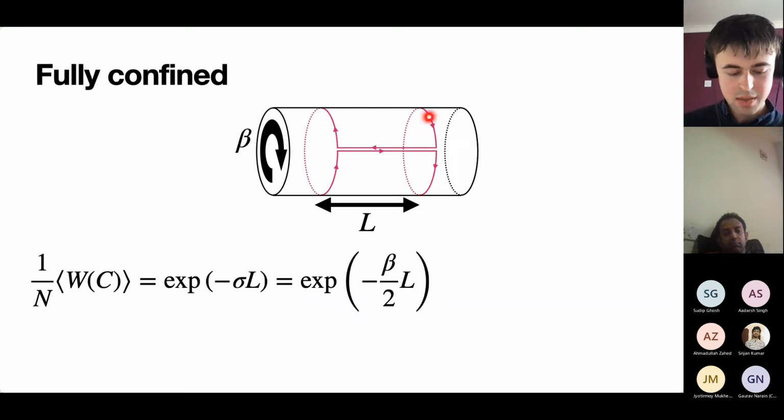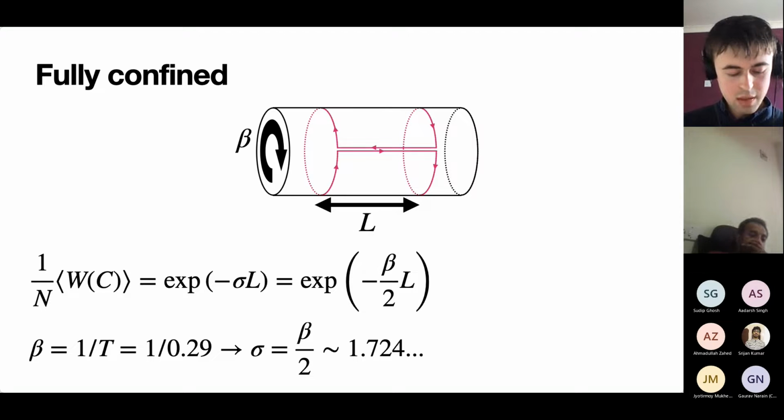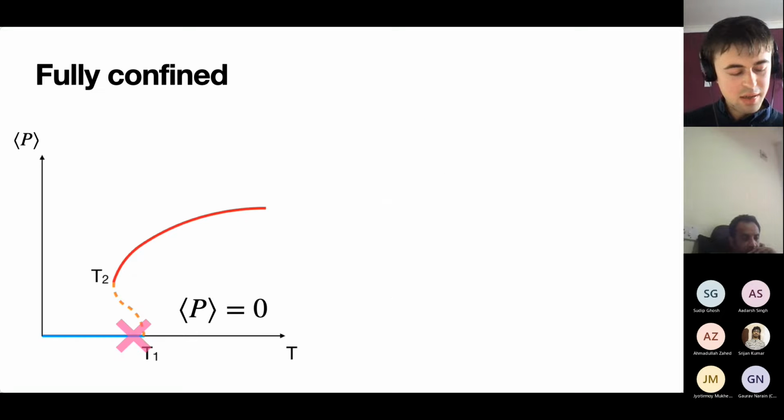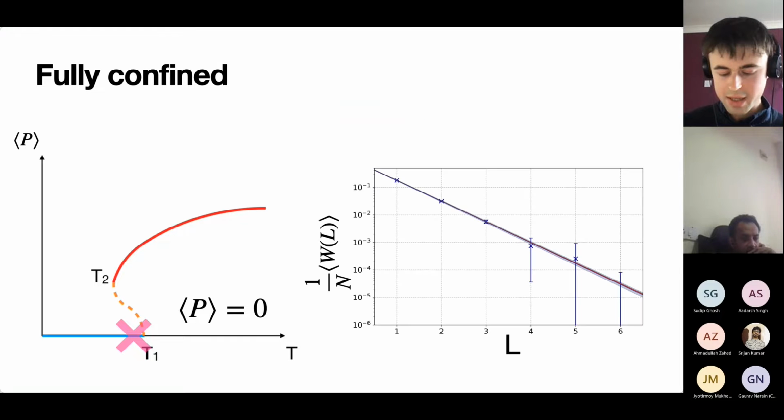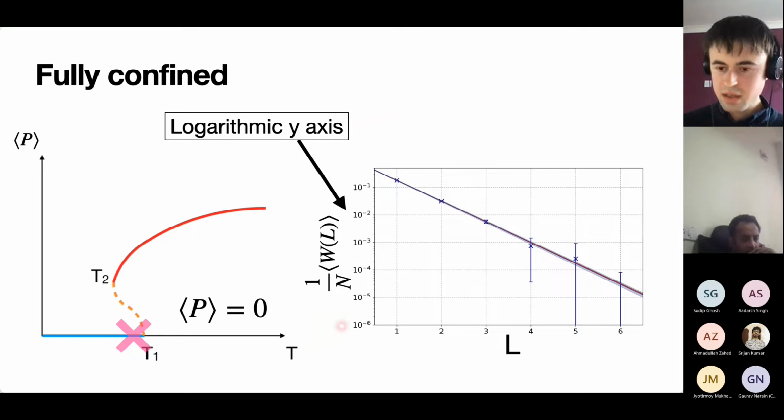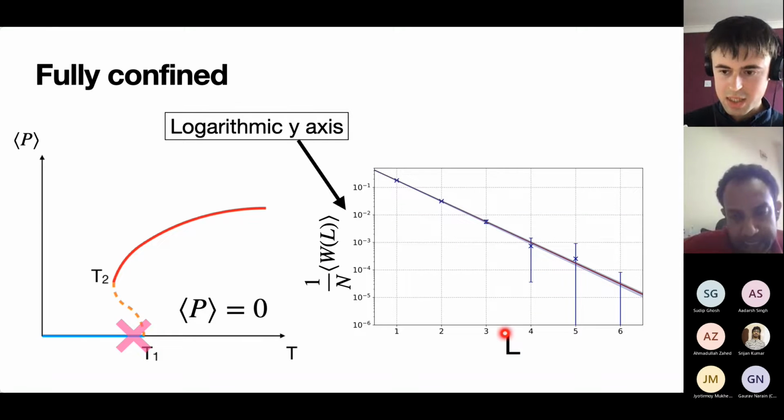On the lattice we construct this Wilson loop, or correlator of the Polyakov loops that I introduced before, and we should be able to find out whether there's a linear potential between those two quarks. We have an analytic expression for this, which we take to be 1.724. So that's the number to compare our simulations against. So we'll just check this now. Here we've plotted on a logarithmic y-axis the Wilson loop against the lattice spacing L.